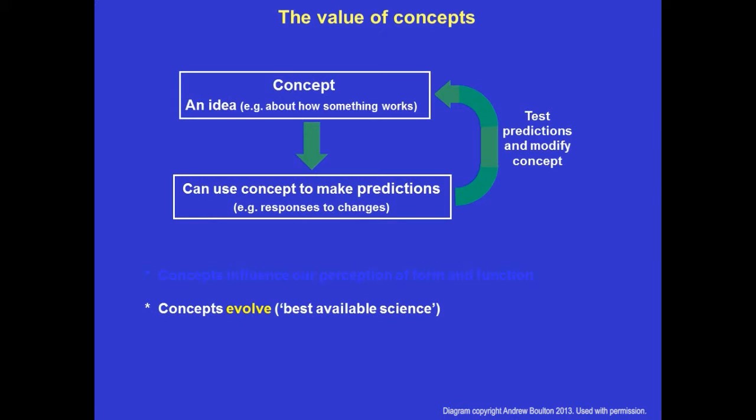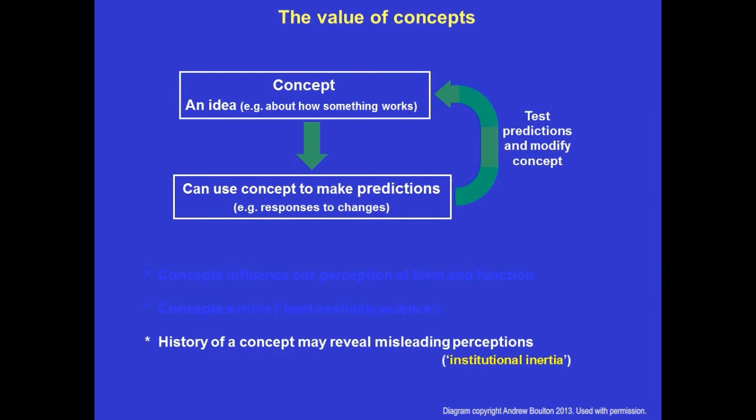And concepts evolve. You often hear people talking about best available science. Often we think of best available science as more accurate technical measurement, but it can also be the way a concept has changed and how we think about systems differently as concepts. And this is part of the reason why I find it interesting to talk about the history of a concept,